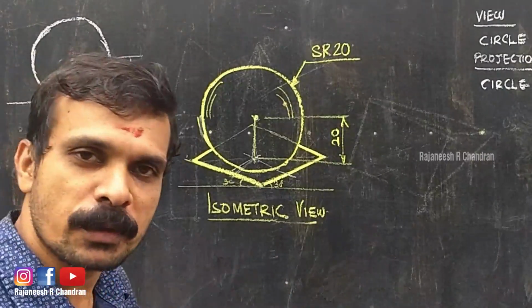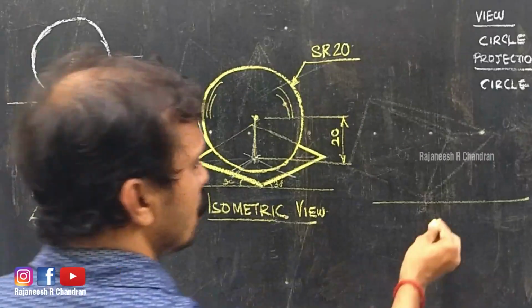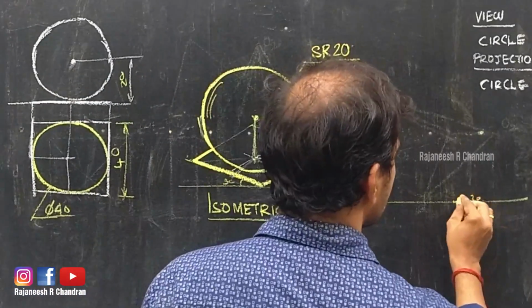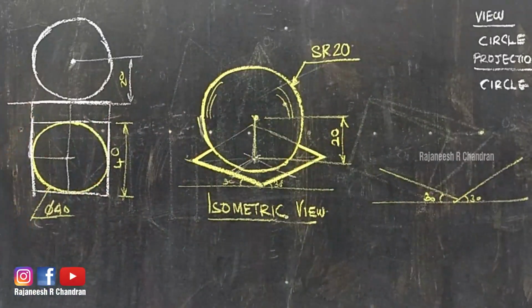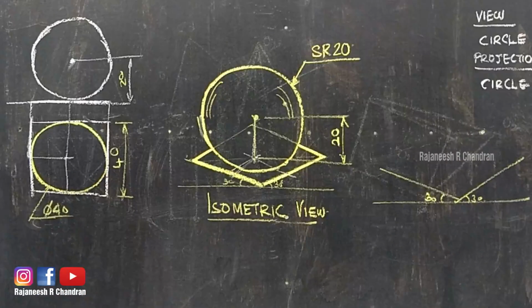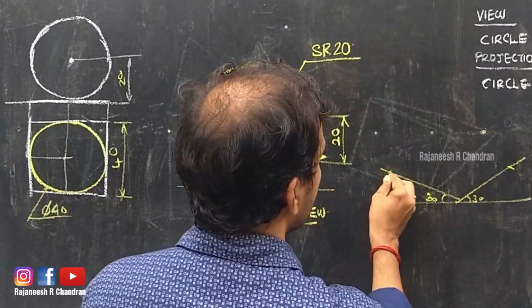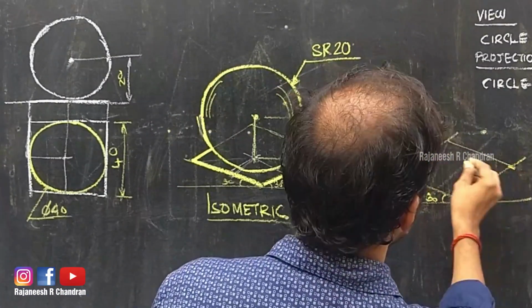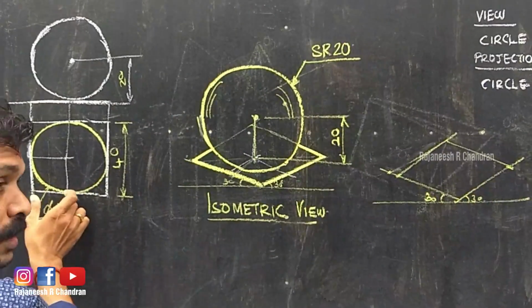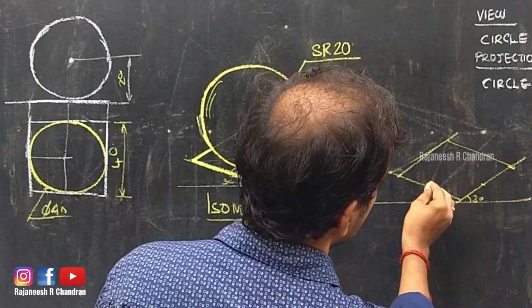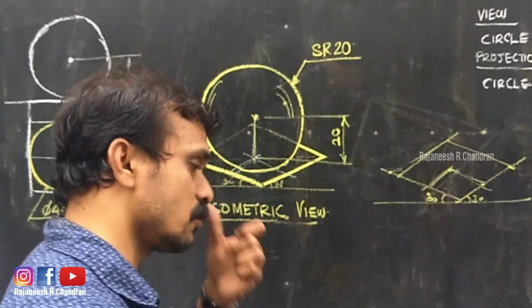Now we are going to the isometric projection. Listen, the same thing. Draw the horizontal line, locate a point, at an inclination of 30 degrees draw a line, and at an inclination of 30 degrees draw a line. The difference is, take this distance which will be 40, multiply that 40 with 0.816, you will get a value here and a value here. With that value you can construct the lamina. Similarly, take this distance, that will be 20, 20 into 0.816 we will get here and here. You can locate the center also.